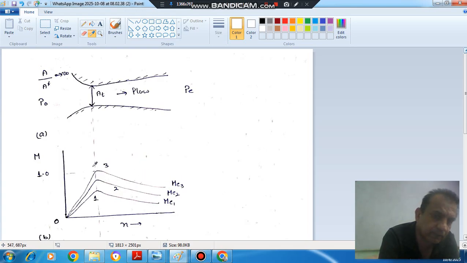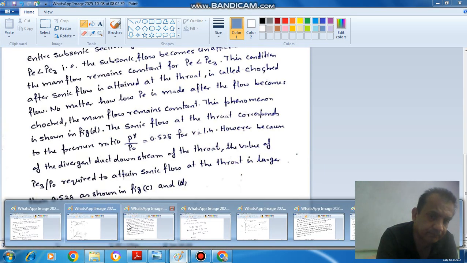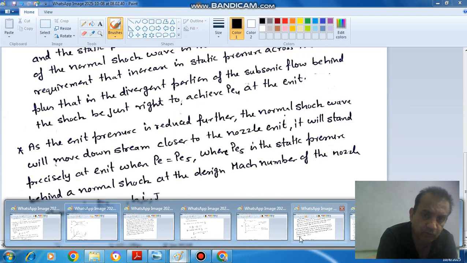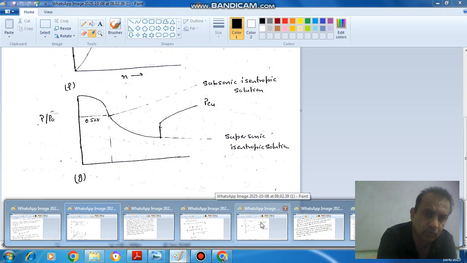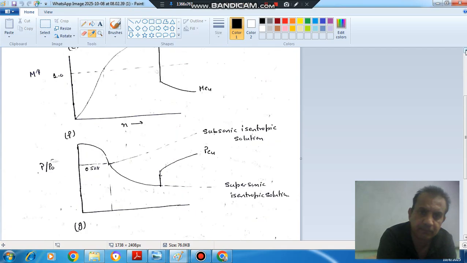But in 3, here sonic flow was achieved. Now, if the pressure is further reduced beyond P3, but more than this isentropic value, then shock was observed in the divergent portion of the